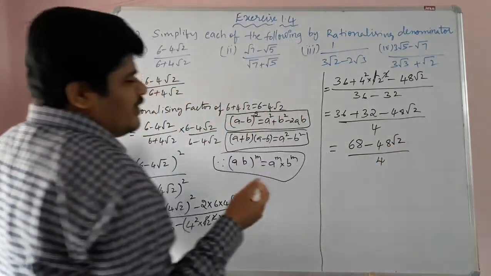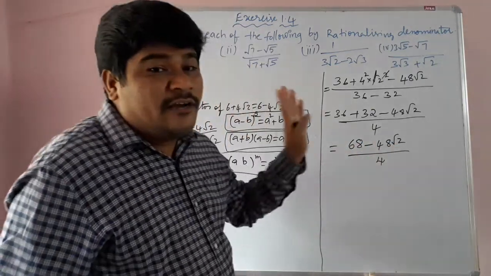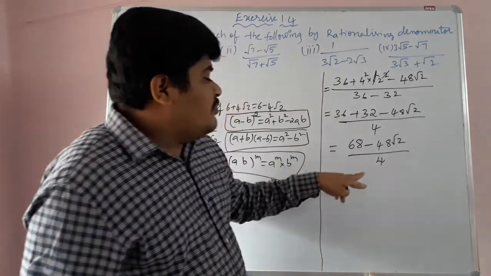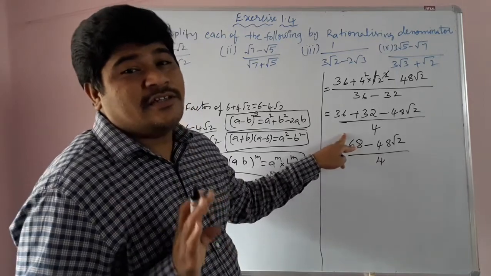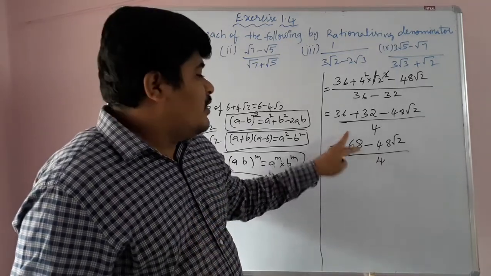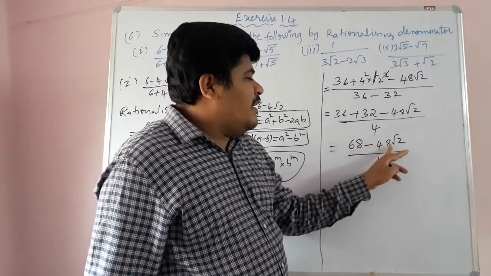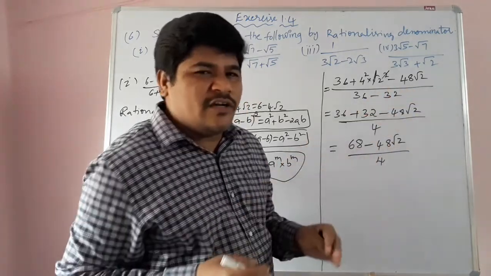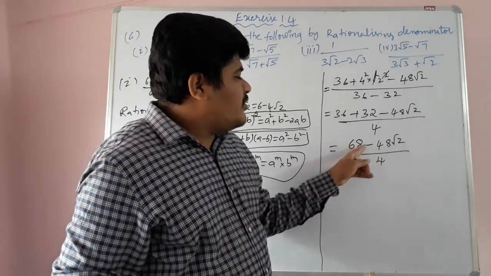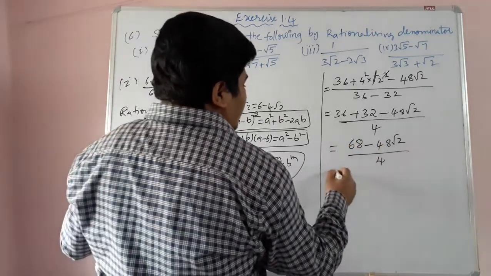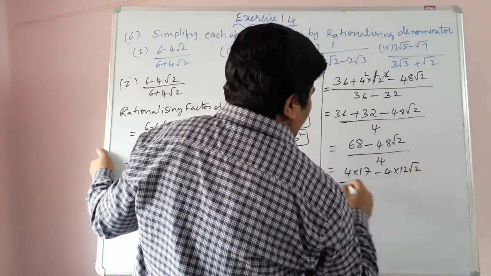So students, here we need to check whether there is any possibility to take a common factor. And one more mistake many students will make: 4 is here, 68 here, no? 4 ones are 4, 7 0 there. Directly they will do like that. Big mistake. If you do it like this, you will lose marks. After taking the common factor, you can simplify. Suppose you see 68 is here, minus 48 is here. 12 4s are 48, 17 4s are 68. Means 4 is a common factor of 68 and 48. It means you can write it as 4 into 17 minus 4 into 12 into root 2, by 4.